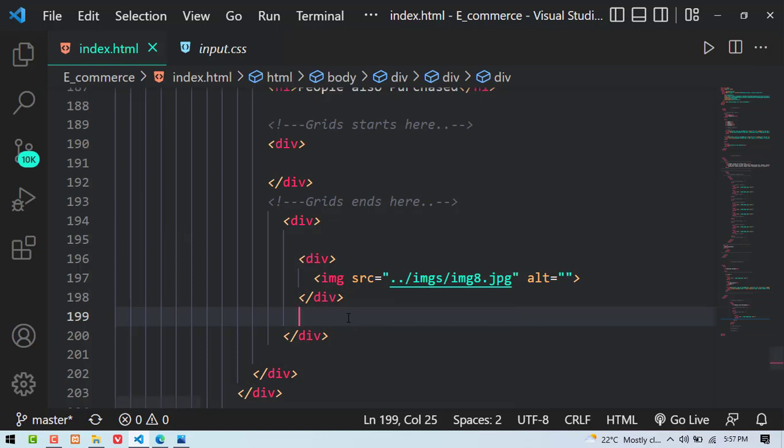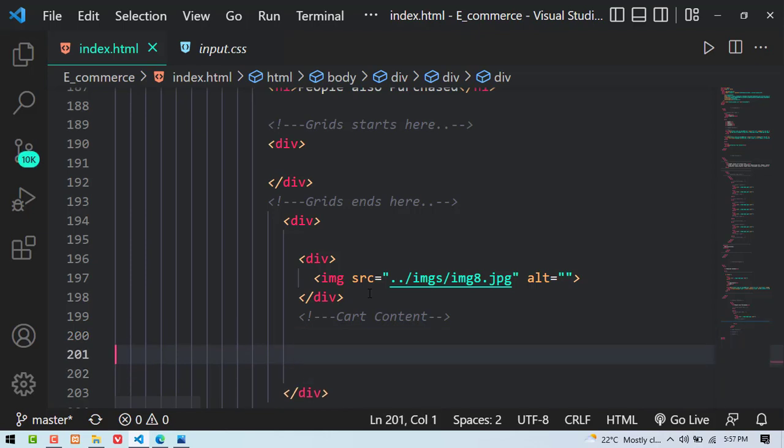I'm just going to maybe come and comment this. I don't know whether I'll be having a lot of comments, so maybe I can say card body, or maybe card content. So that should just be below the image. So I'll just come and create a div,